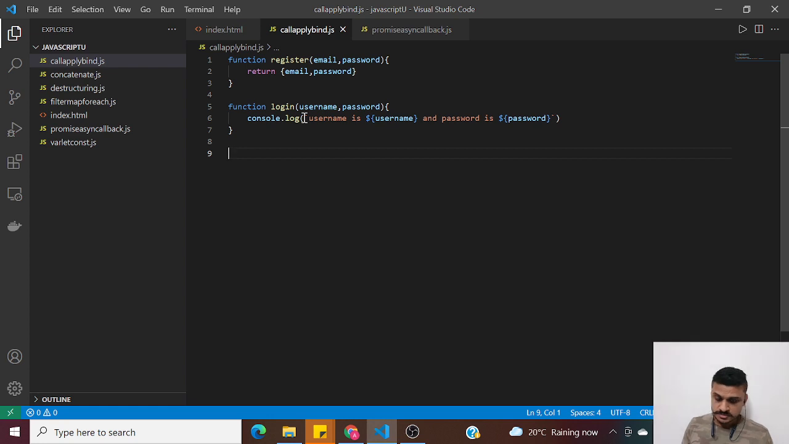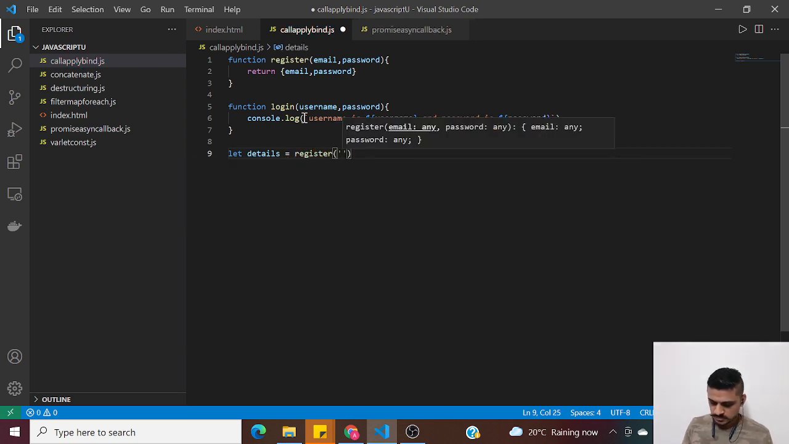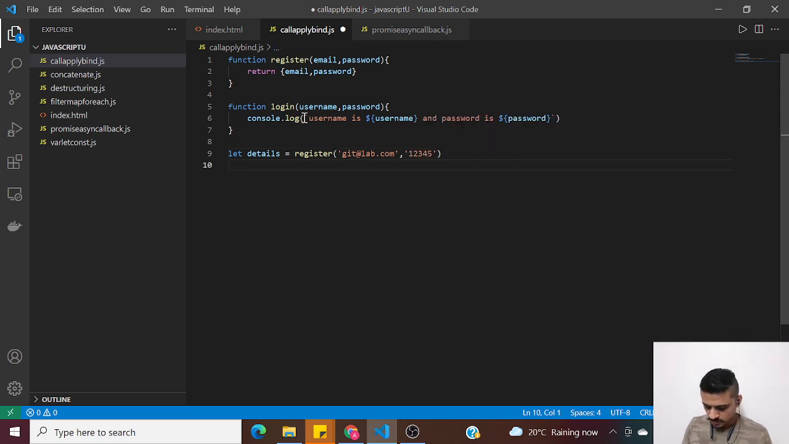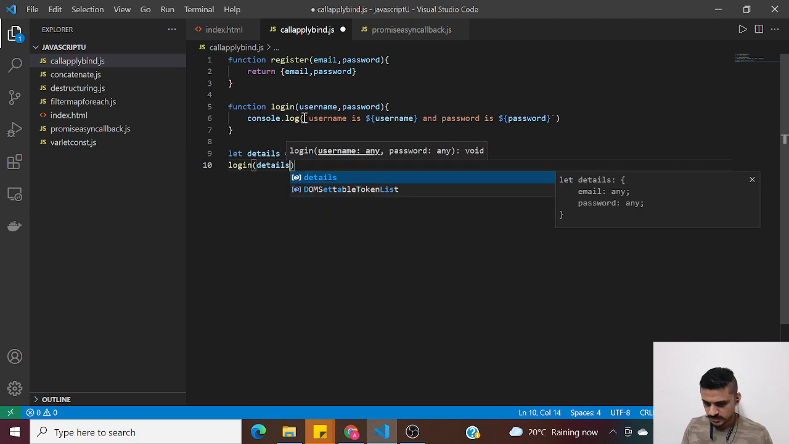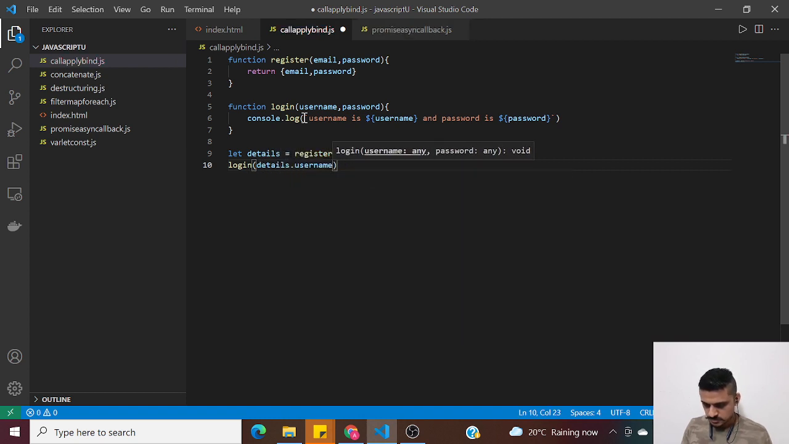So let's say I just want to register the user first. So I would just catch whatever the registered username and password is. Let user details equal to register the user with git at lab.com, and let's say the password is password. Now I have user details. Then what I can do is I can also call the login method with my details dot username comma details dot password. Okay,